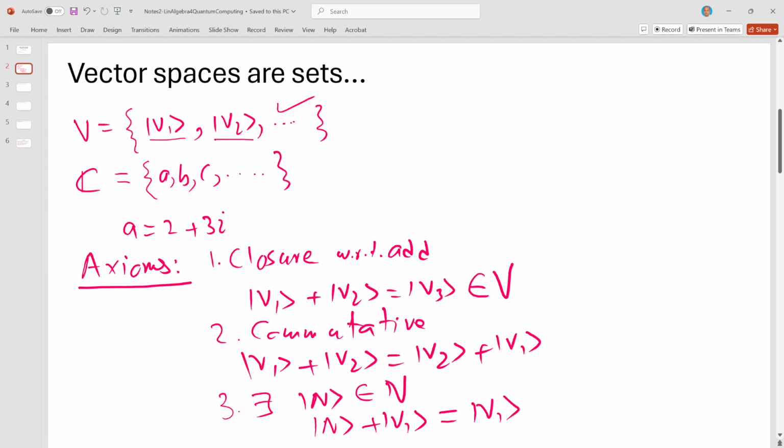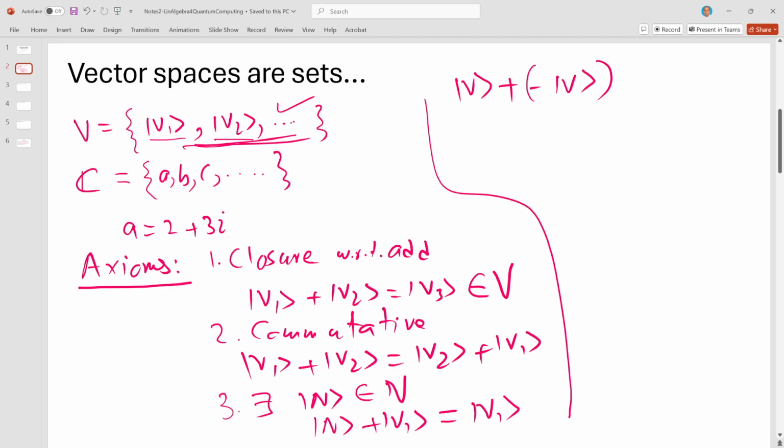Also we postulate that each element has its additive inverse present in this set, and when we add the additive inverse to the element itself, we get the null element. And also the addition is associative,